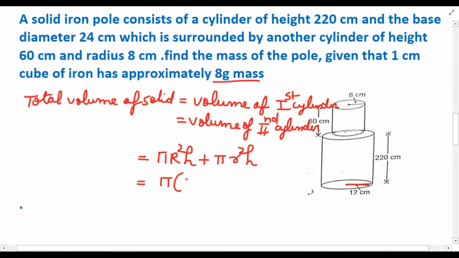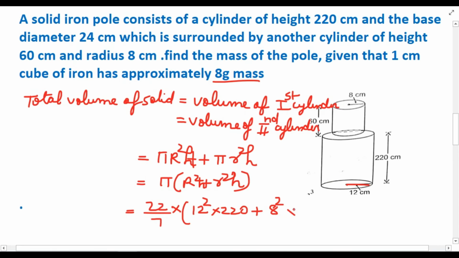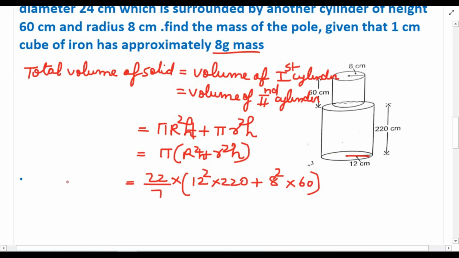R square H plus r square h, h is different for both, so it is equal to 22/7 into R square H, which for the big cylinder is 12 square, height is 220, plus for the small cylinder 8 square, height is 60. So when you simplify this, you will get the total volume as